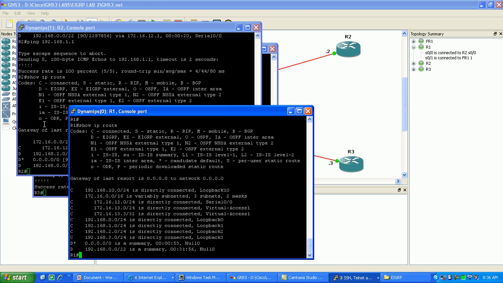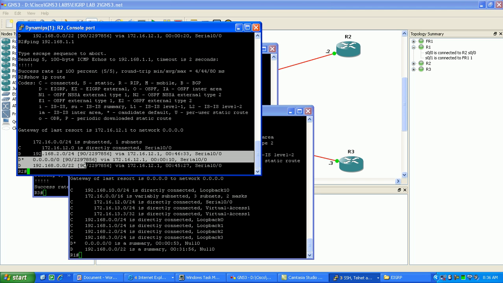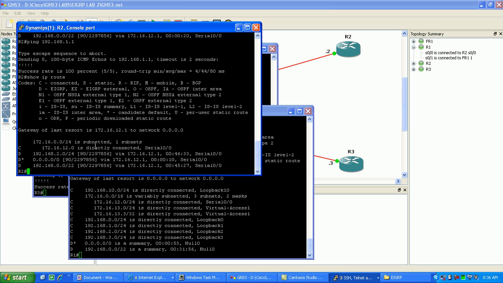Going to see problems. So from router 2's perspective, it sees router 1 as the gateway of last resort. As you can see in my routing table, I don't have a connection to the 10 network. What we should see as the traffic flow is it should go out. I should still have connectivity to router 1's 10 network because of the default route I just put in. So if I go ahead and try to ping it,